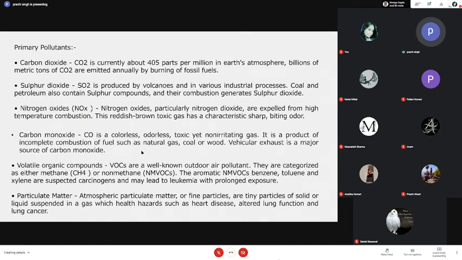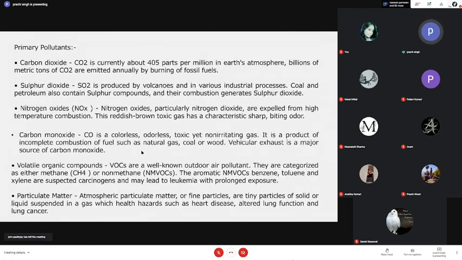Okay. Now, volatile organic compounds are also important, although they are secondary air pollutants, and they are of different types. They can be methane, they can be non-methane compounds. Broadly, methane was categorized separately because methane is the chief component of your greenhouse gas. So either it's methane or it's the non-methane one. Okay? And they comprise several compounds: benzene, toluene, xylene, and they have carcinogenic properties, and they can also cause this white blood disorder known as leukemia, if prolonged exposure is there.